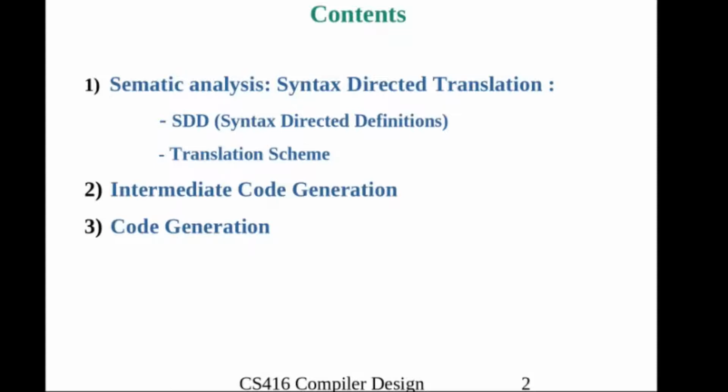Already, in the previous few videos, we have seen lexical analysis and syntax analysis. These are the two phases of the compiler, the beginning phases of the compiler. After that, semantic analysis will come, then intermediate code generation, then finally code generation. Today we will see what semantic analysis is, how we can translate a high-level language into an object code, and what we have to do in semantic analysis.